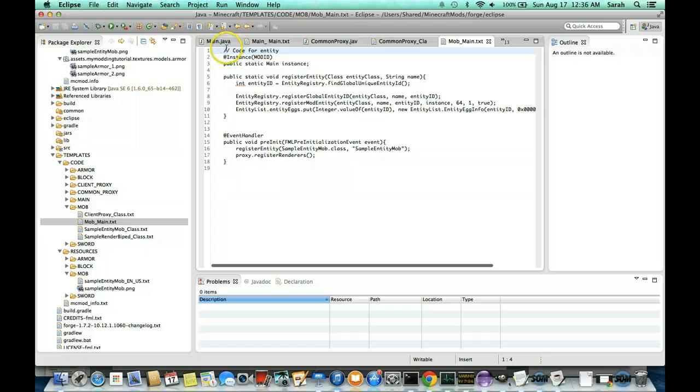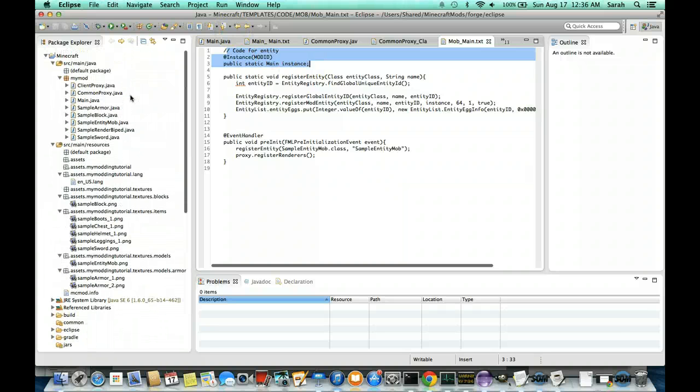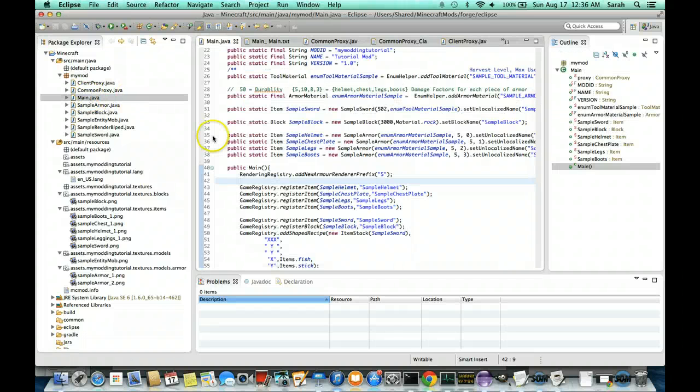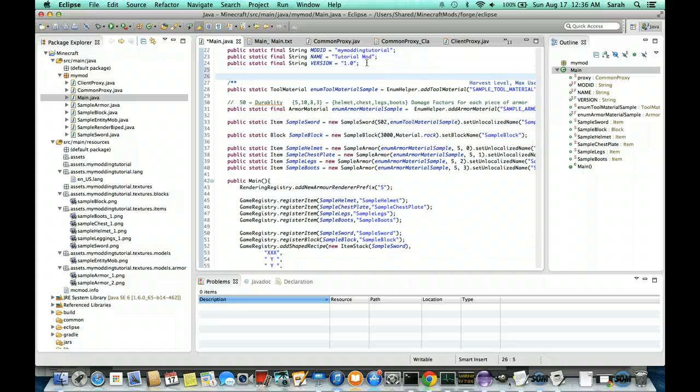Okay, and we're going to select the lines up here, code for entity. This is just a comment. Remember, this doesn't do anything. And then this is going to create an instance here. So I'm going to press Command C to copy. We go back to my main.java, and just after this line with the public static final string version, so really early on, we are going to paste in the code